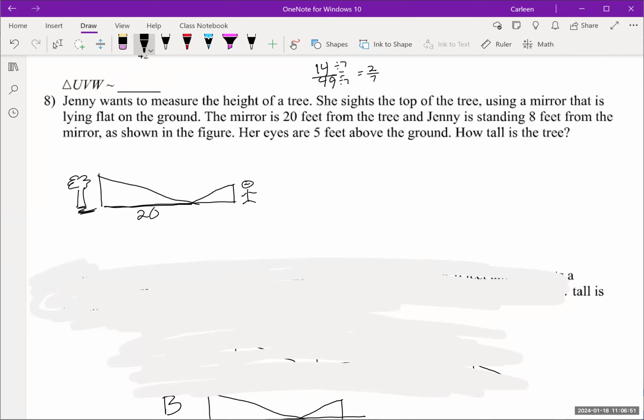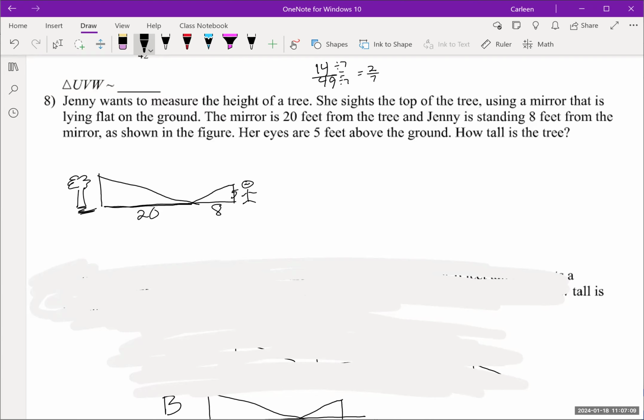Her eyes are 5 feet above the ground. Yeah, you with me? Jenny is standing 8 feet from the mirror. Now, the cool thing is